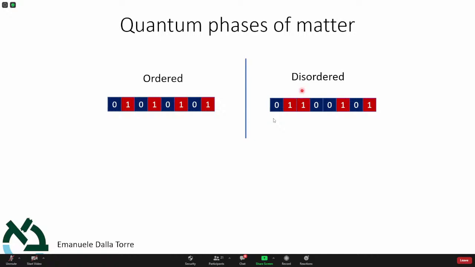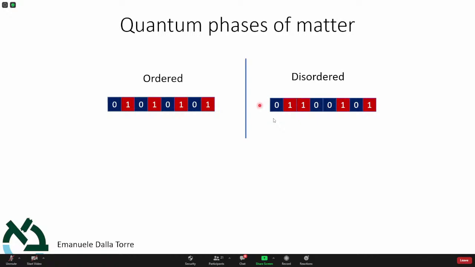So okay, what I have told you is that all phases of matter can be either ordered or disordered. If you use the language of qubits, an example of an ordered phase could be, say, a string of qubits that come 0, 1, 0, 1, 0, 1. So there is an order. It means that if I know the value of the first qubit, then I know that the value of the 1,000,001st qubit will also be 0. So this is known as long-range order. Knowing one qubit at the beginning, I know what another qubit very far away is. In contrast, in a disordered phase, that's not the case. 0 and 1 come randomly, and they have no information about each other.